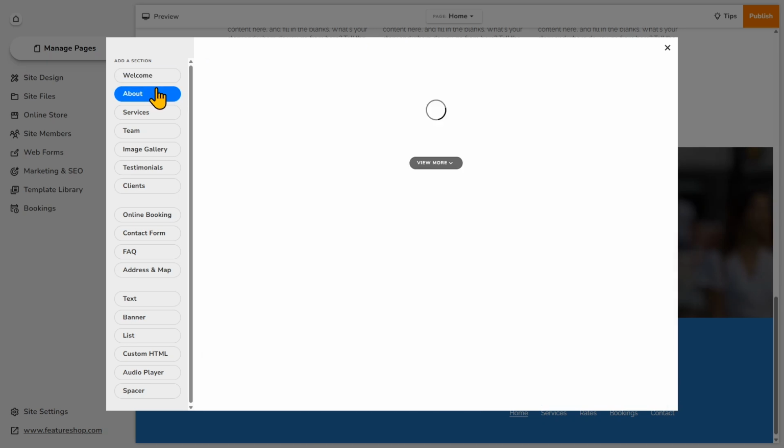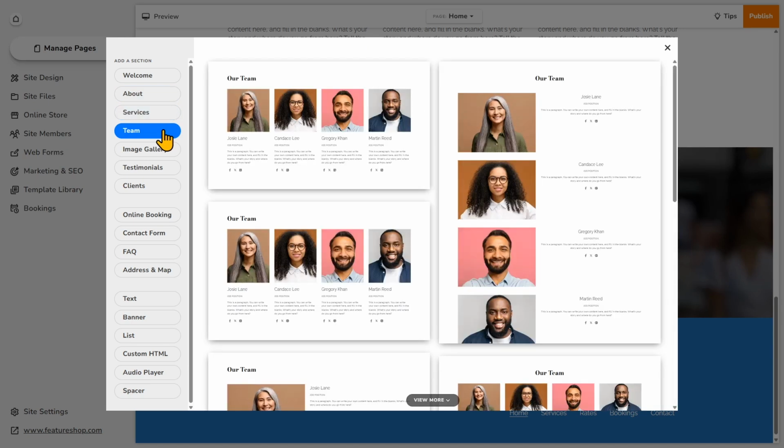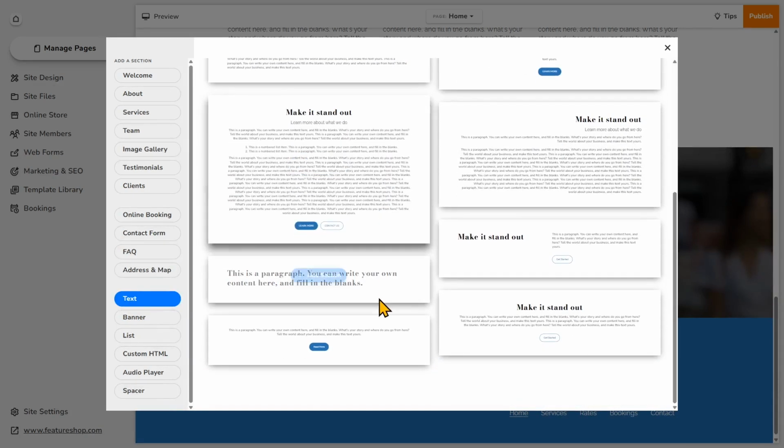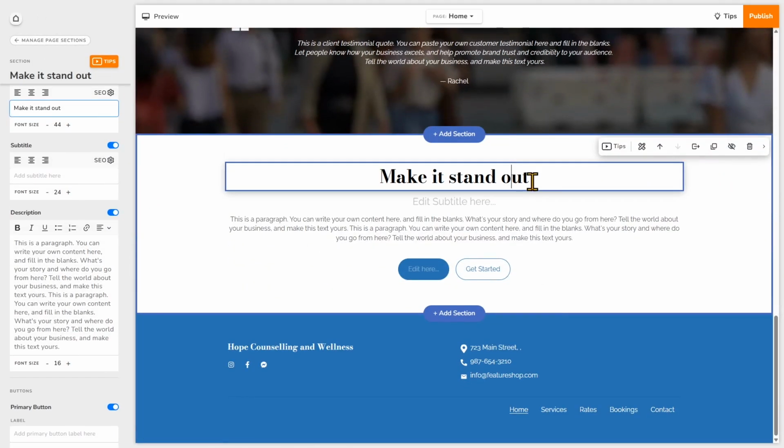And you'll see that there's a lot of different layouts with pre-built sections. And they all have different purposes. So I'm going to go ahead and choose a text section with a button. So I'll choose this one here. You'll see there are different layouts. Actually, I like this one on the bottom. Or actually this one looks great. So I'll choose this one right here. And I'll edit just by clicking right on the section. I can do it right on the editor or edit using the left panel.